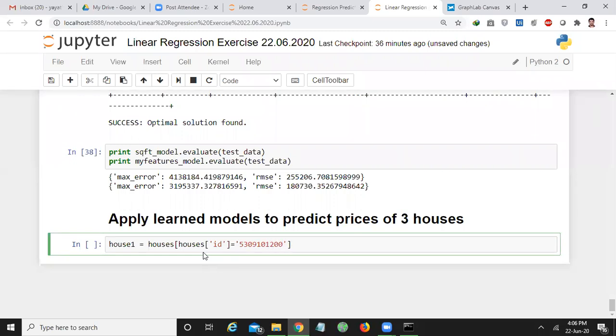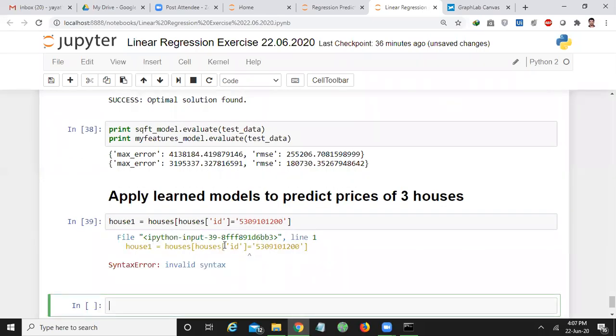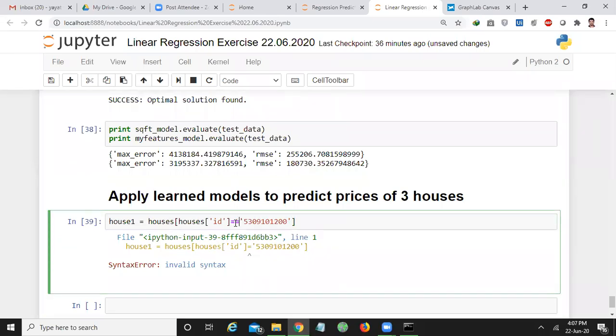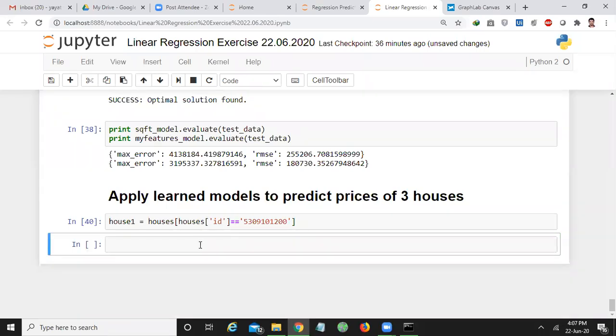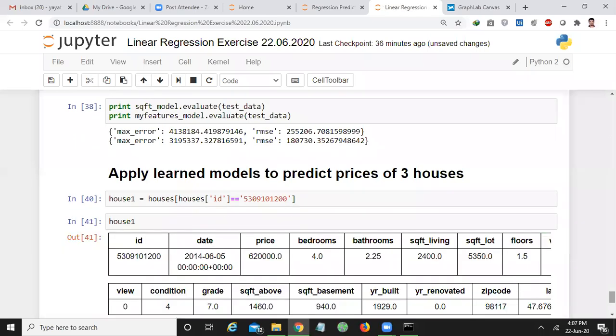I'm considering this house in order to predict its price. Now let us check what parameters this house 1 contains. So these are the parameters.